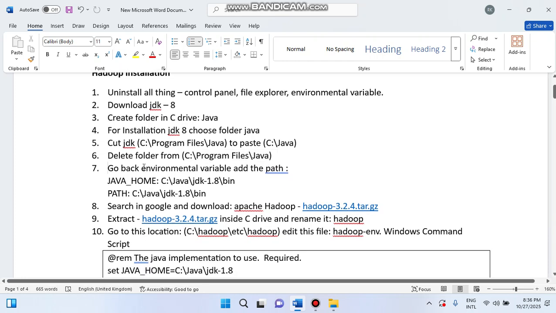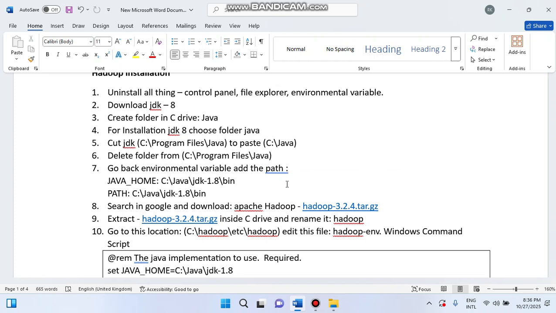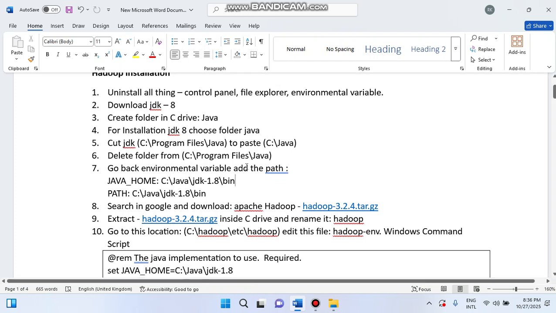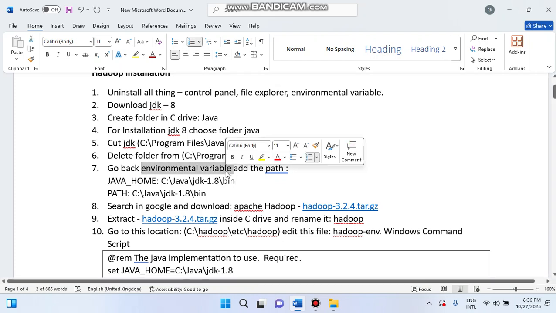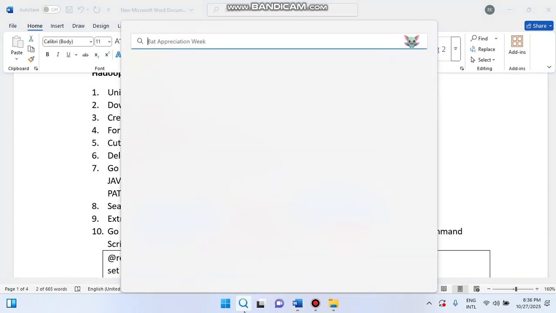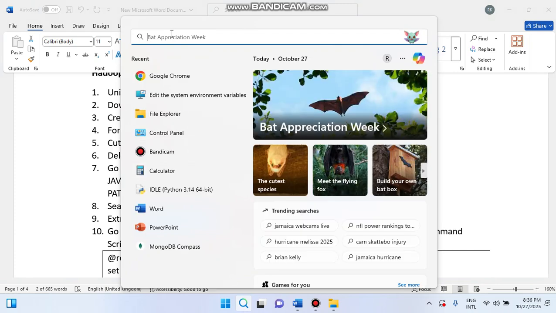Now, the seventh step. Go to the environment variable and set the path. Right now, what happened? We installed the JDK, but we did not interrelate it with your system. So how can we interrelate it? We need to go to the environment variable. Okay, so how can we go, we need to go to the search and over here we need to type